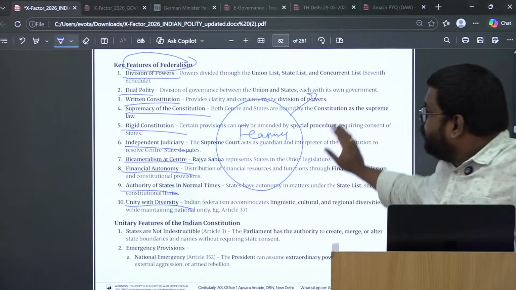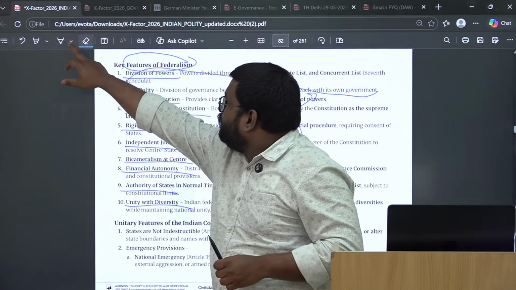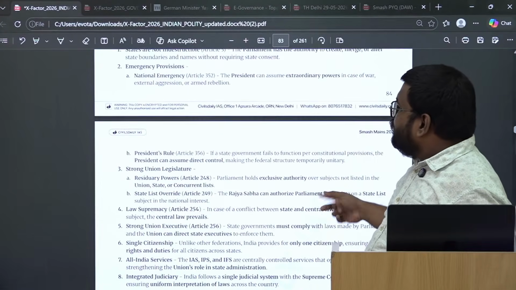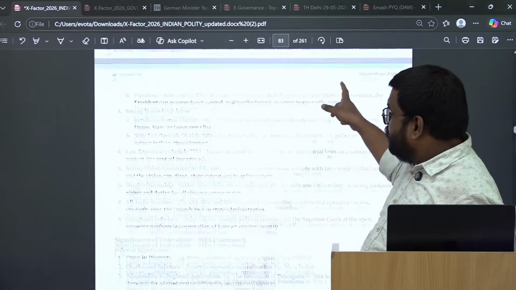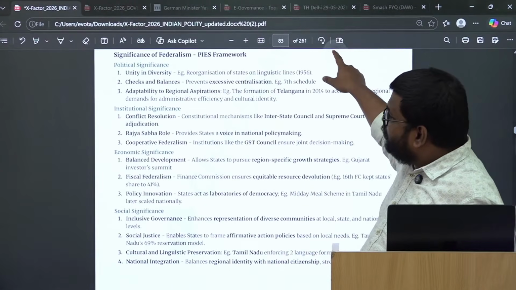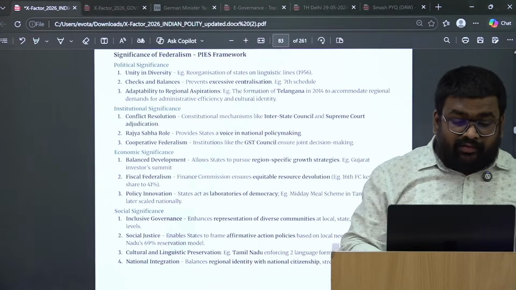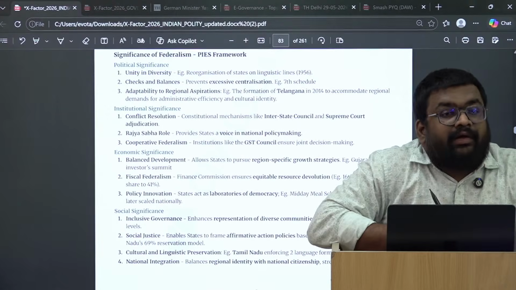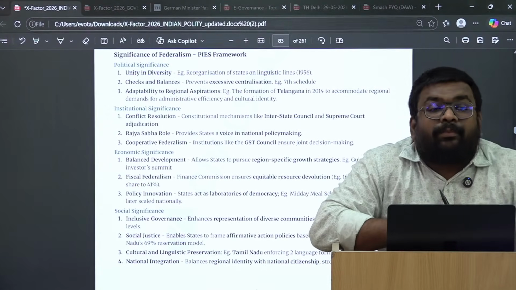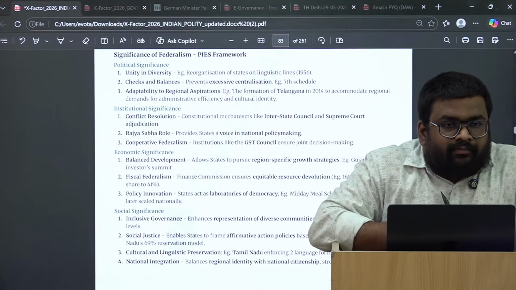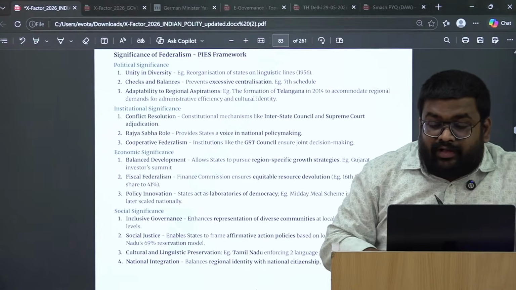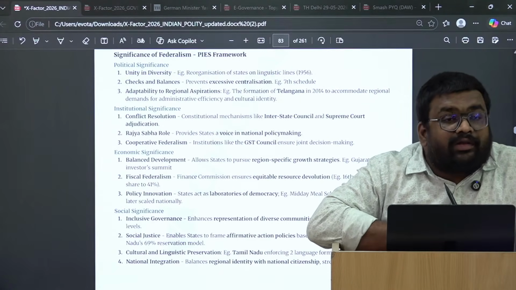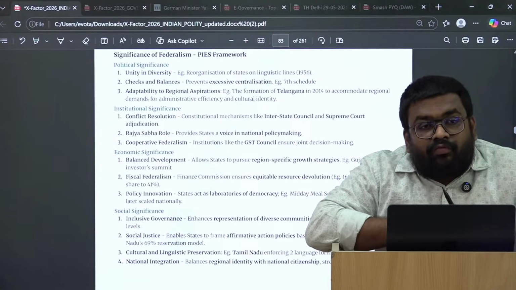ठीक है, देन नेक्स्ट इज, अब these are the unitary features. Then comes the significance. The next learning that you need to do is कि wherever possible, कि जहाँ पे भी possible है, try to go for the classification based approach for your dimensions. ठीक है, simply अगर वहाँ पे हमने 10 पॉइंट दिए हैं तो don't go for all the 10 points. ठीक है, उसका रट्टा मत लगाओ. ट्राई टू गो फॉर द क्लासिफिकेशन बेस्ड.